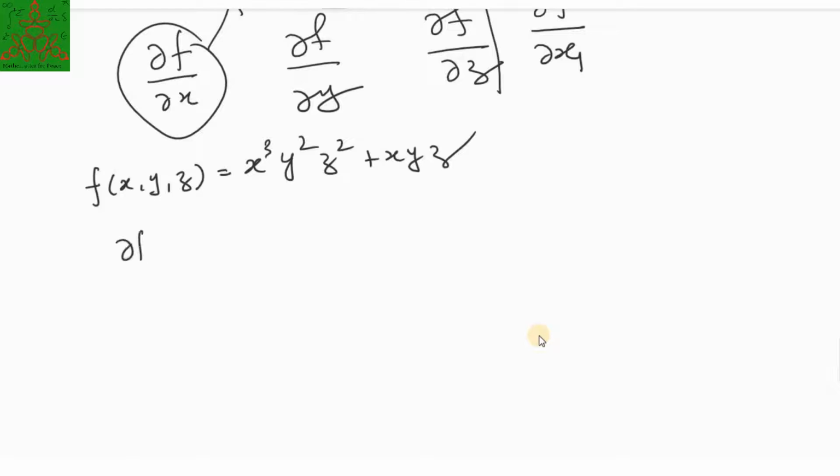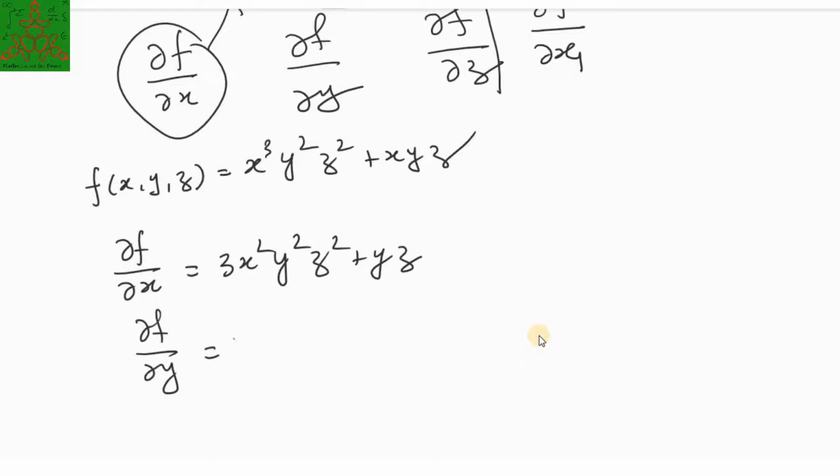Partial derivative of this with respect to x will be 3x square y square z square plus yz. Then partial derivative of this with respect to y will give you 2x cube y z square plus xz. So again I am doing the same thing here. When you are differentiating this with respect to y, your x and z are constant and you are differentiating just y square with respect to y, so that is 2y and everything else is as it is, plus xyz